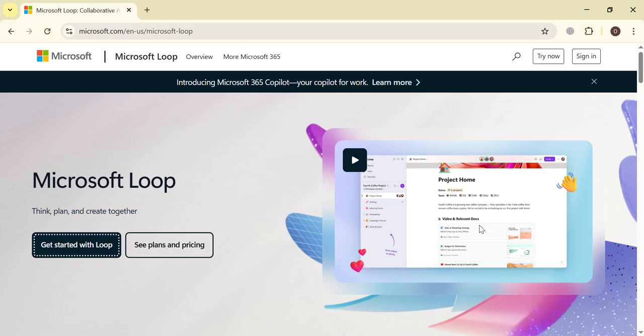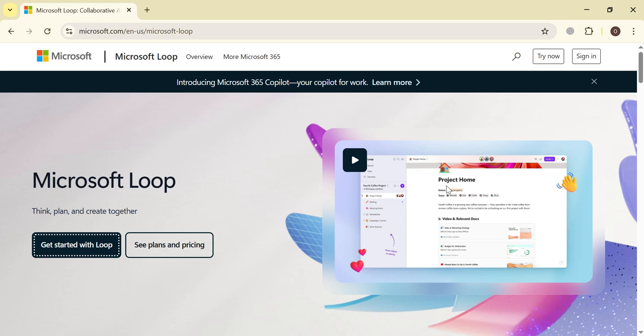In today's video, we are going to explore how you can use Microsoft Loop to collaborate on projects in real time and keep your work organized in one shared space. Effective collaboration is essential for modern teams, and Microsoft Loop is designed to make teamwork more flexible, dynamic, and productive. In this video, I will walk you step by step through how to create a Loop workspace, add pages and components, and collaborate with team members simultaneously. You will also learn how to use Loop components for notes, task lists, tables, and ideas, and how to integrate Loop with Microsoft Teams and other Microsoft 365 tools.